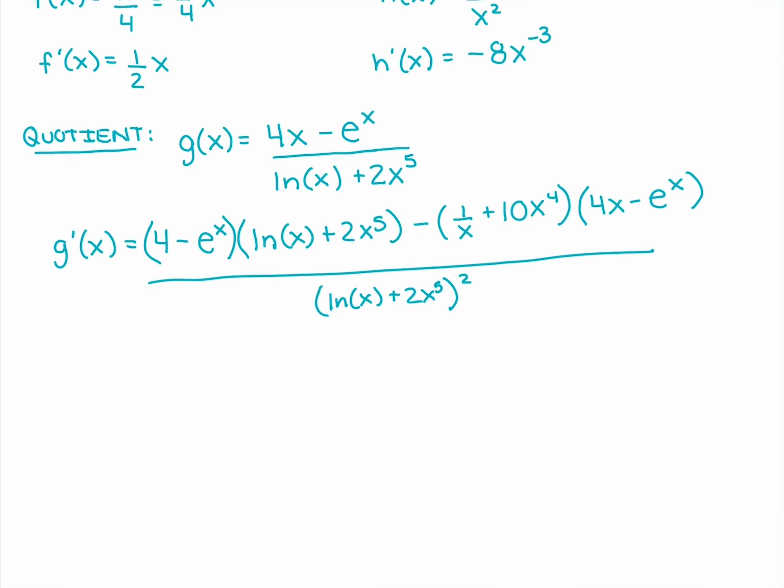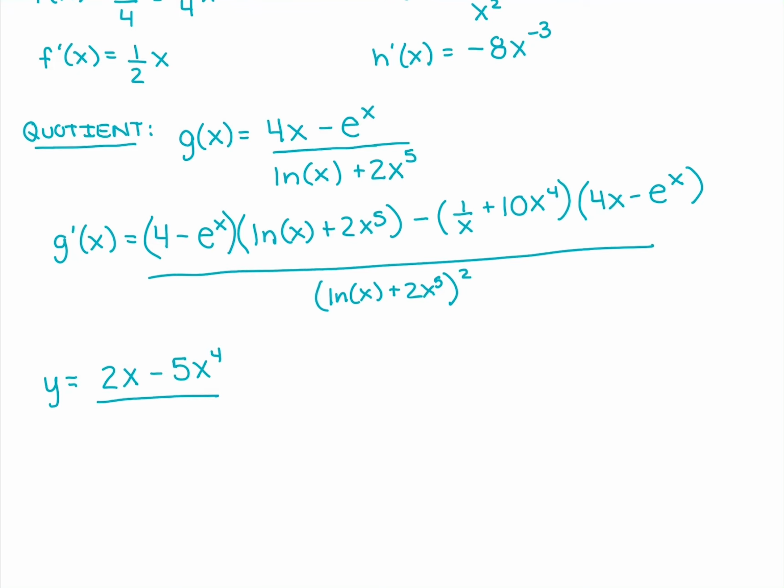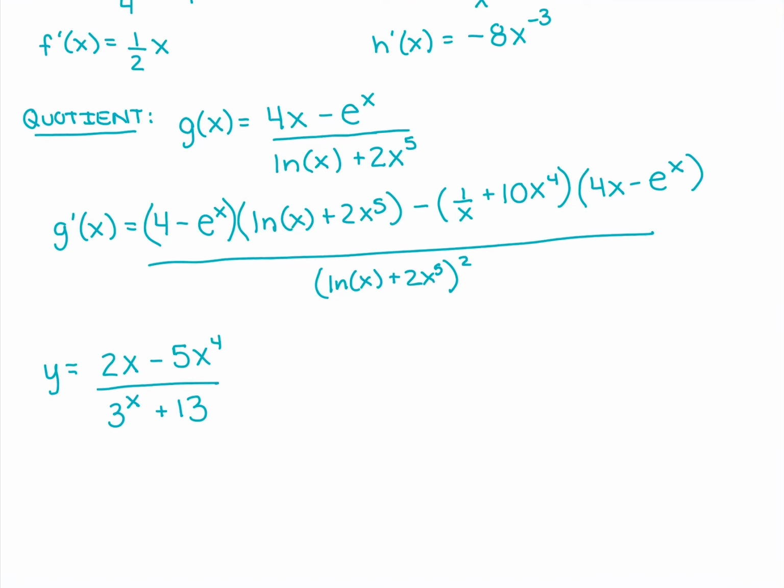We're going to run through one more of these just because they are so long. I want to get the hang of it. Let's say we have y equals 2x minus 5x to the fourth over 3 to the x plus 13. Something with x's in both the top and the bottom means we're going to use our quotient rule,